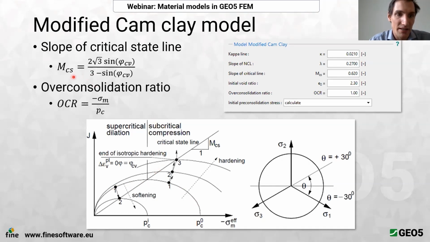It is given by this M, which is the slope of the critical state line, which depends on the critical angle of friction, and its state is given by this preconsolidation pressure, or OCR, which is the over-consolidation ratio. And again, from this figure, you can see that if the soil is highly consolidated or over-consolidated, we arrive at this elliptical boundary, and